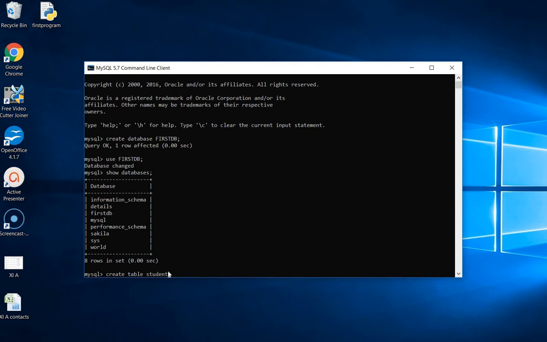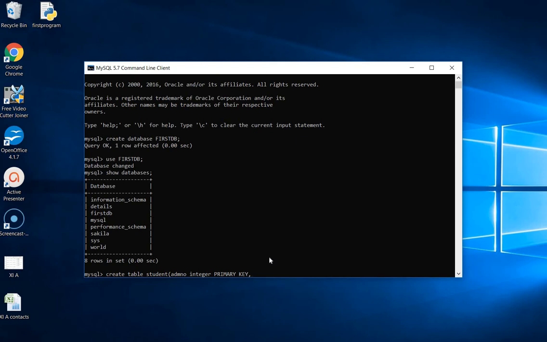Right now I am creating a very simple table, student: create table student. The first field in the table is S number, or we may take admission number also, as integer, and I am going to make it a primary key. Primary key is a column in which all values are unique. It may be a set of columns also, but right now it is a column in which all the values are unique, and this column value cannot be left empty. Not null as well as unique values in the primary key column or columns.